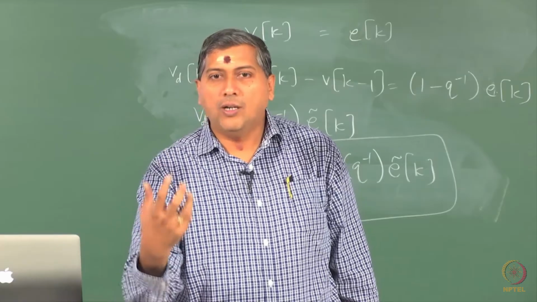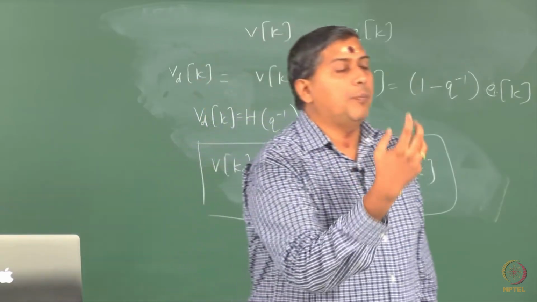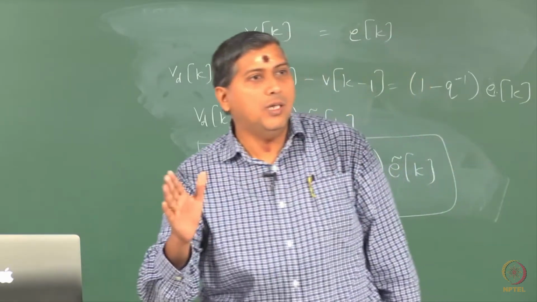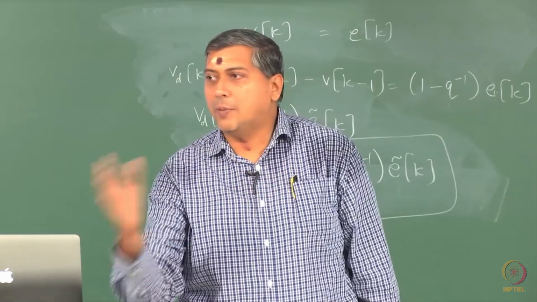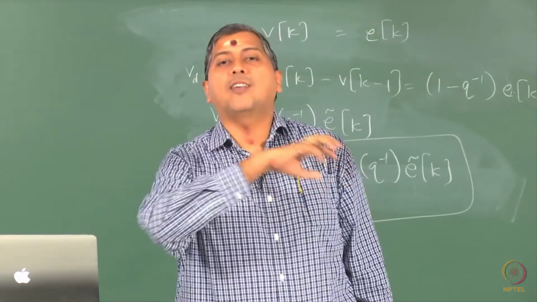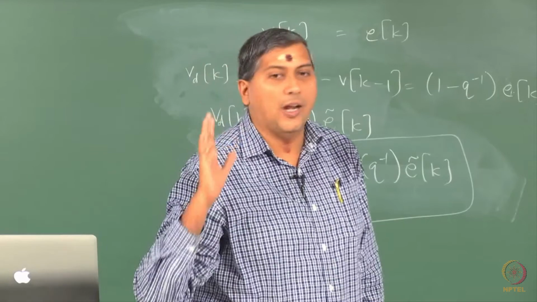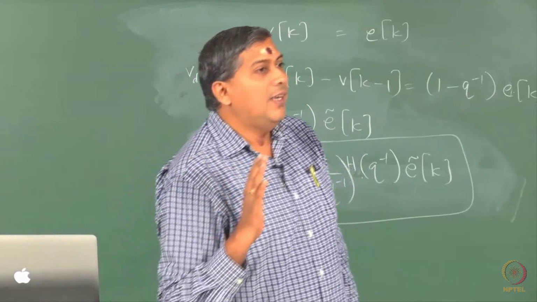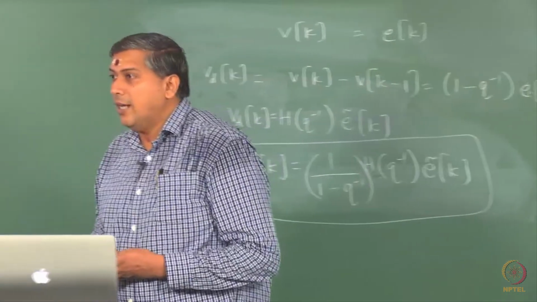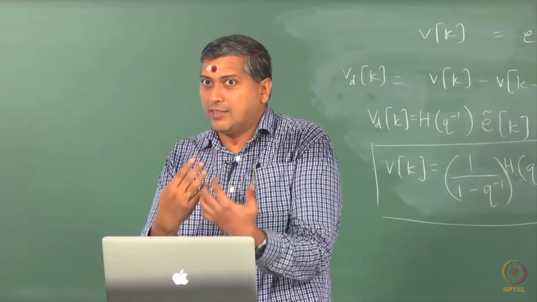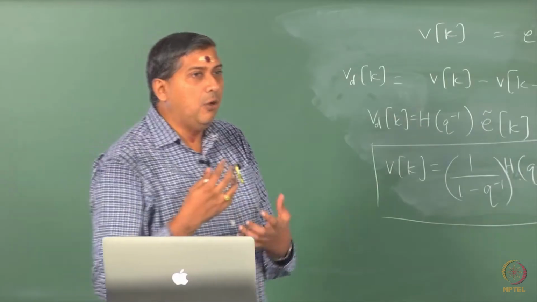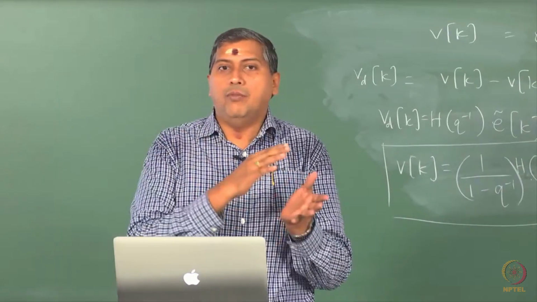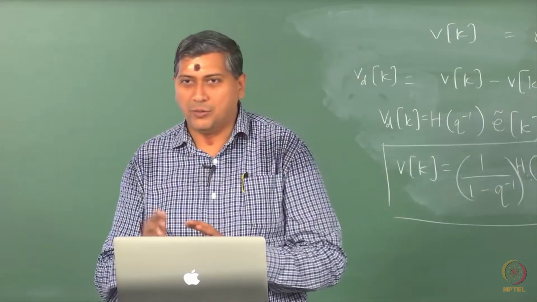Therefore, what have you done here? You have taken a process which predominantly has low frequencies and passed it through a high pass filter. What does the high pass filter do? It takes out the low frequencies, it just says you are not allowed to go in, only people with these ID cards are allowed to go through, right. As a result, now the differenced one has gotten rid of the integrating effect. So, look at this, the same operation that you have been looking at from an integrator and differencing perspective, now we can give a frequency domain flavor to it.